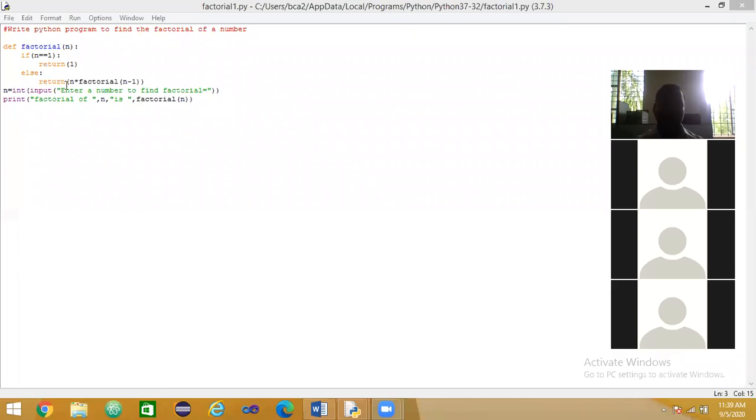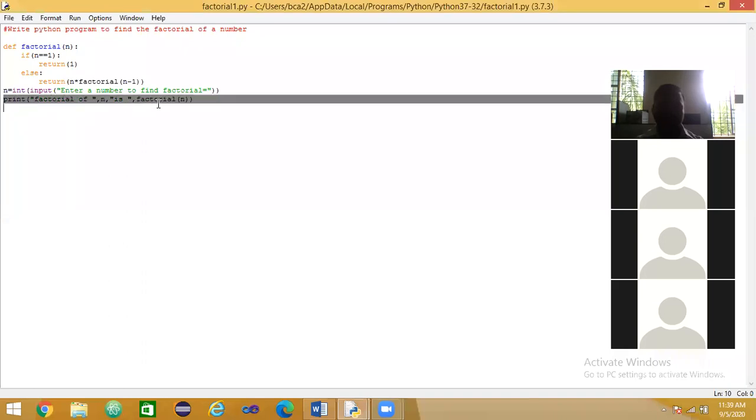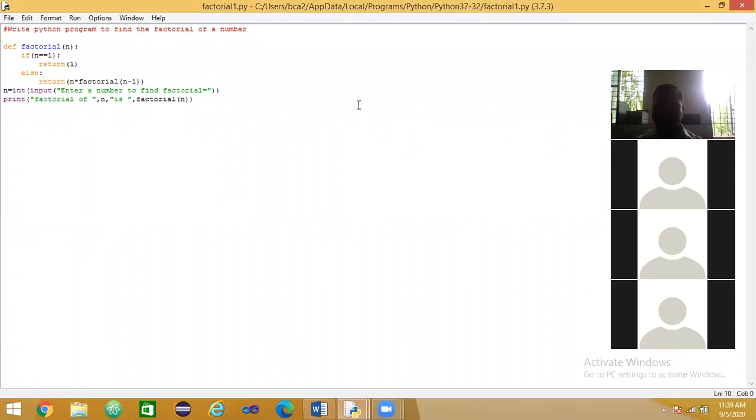Else part is what? n into factorial of n minus 1. And this statement reads the value for which we need to find the factorial. And in the print statement, it displays the content and also the factorial value. Have you understood the program, everyone?